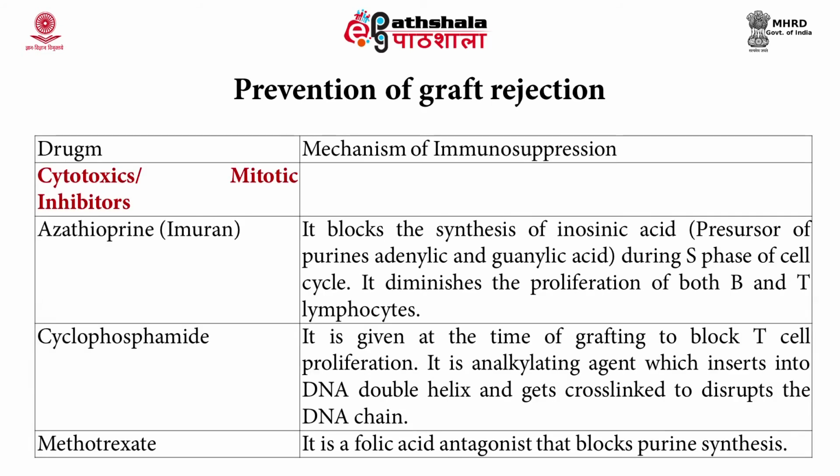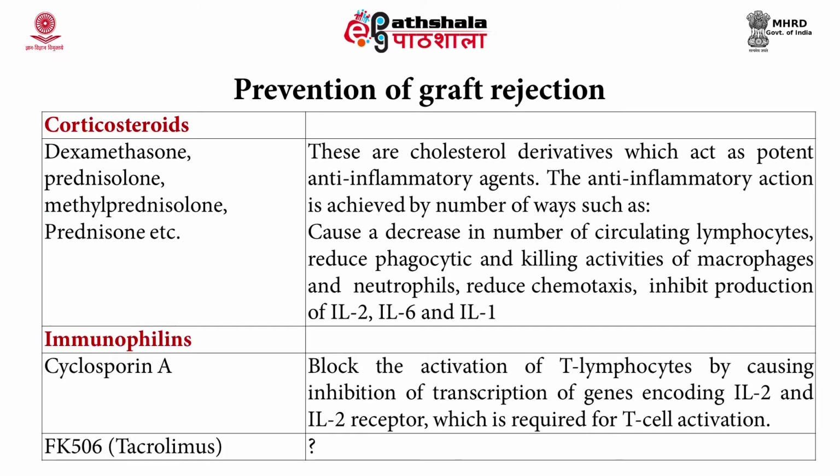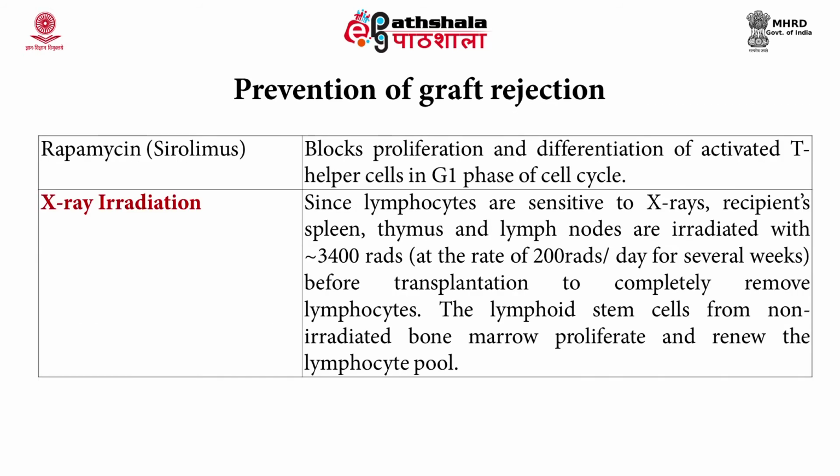Here in this table, you can see the various common immunosuppressive drugs and their mechanisms of action. These can be cytotoxic or mitotic inhibitors, corticosteroids, various immunophilins, and maybe a general X-ray irradiation. In animal studies, it has been seen that the specificity associated with the general